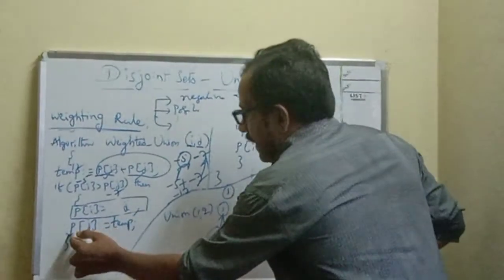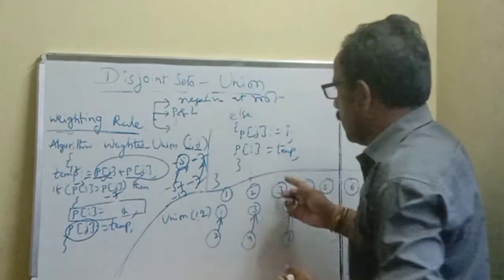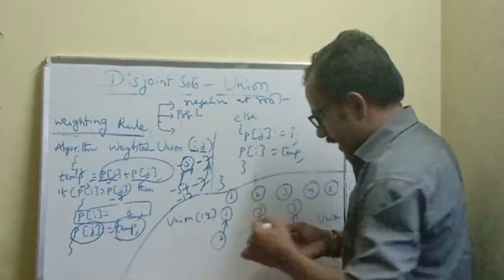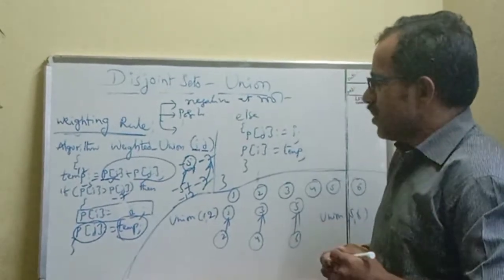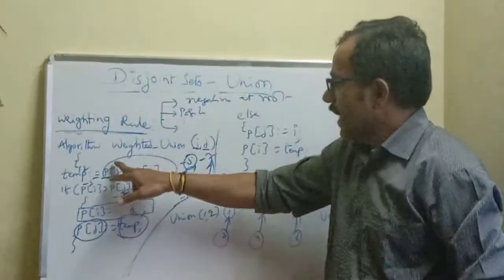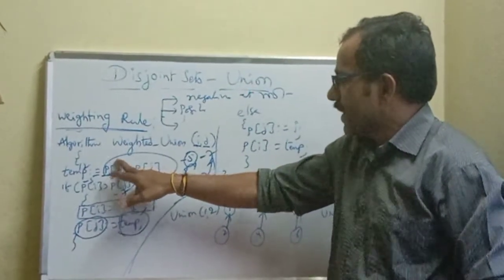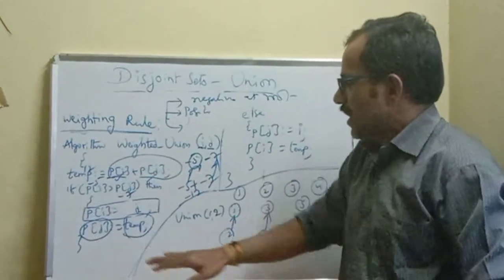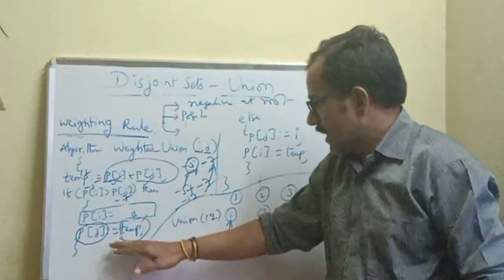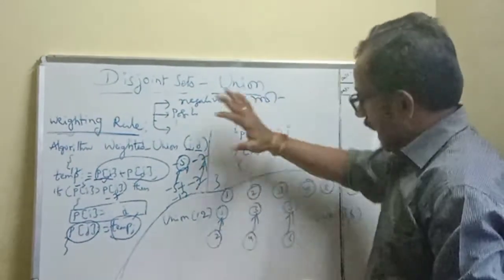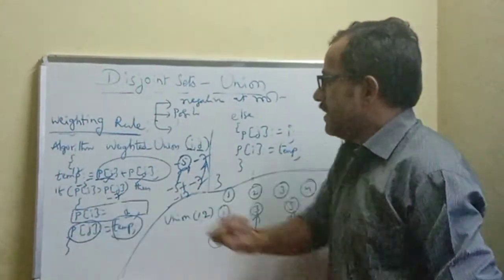Then after combining two trees, immediately we have already calculated the total number of nodes that should be present in the tree structure after combining, because we have already added the number of nodes in the first subtree and the number of nodes in the second subtree. We safely placed it in temp. So after combining the tree structure, we should attach this temp to P of J. Is it clear now?